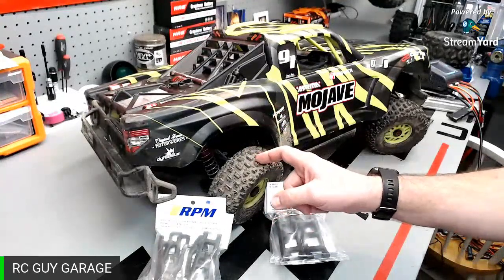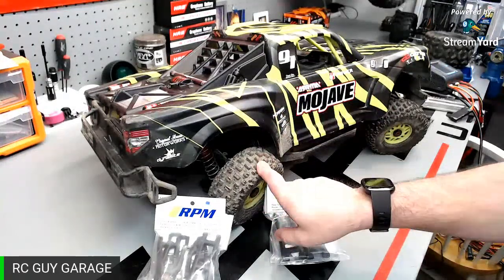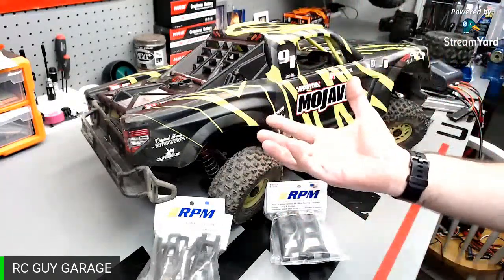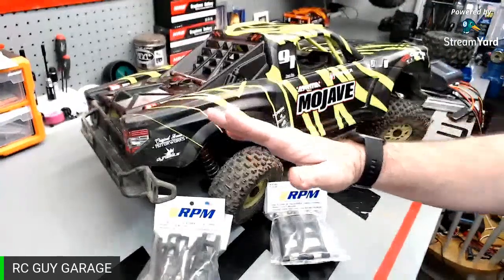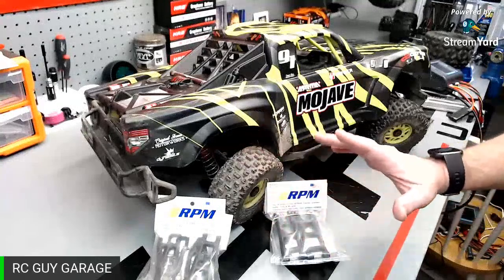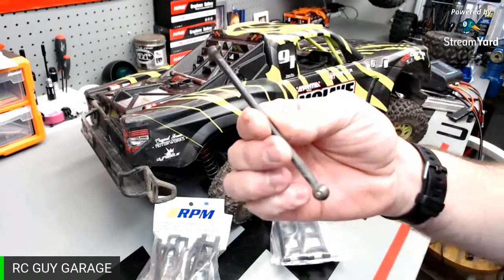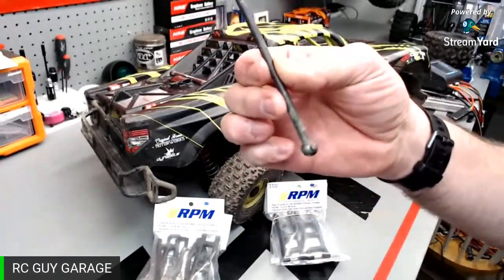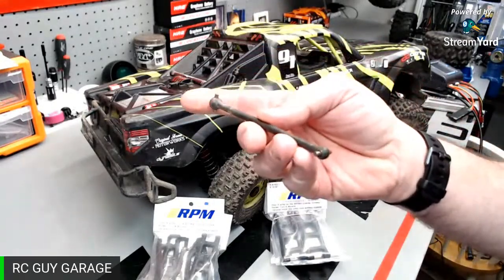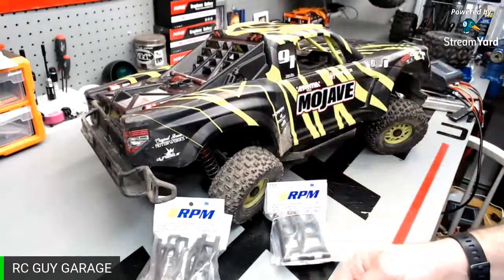I launched it off of my, I guess you want to say, dirt runway, and the way it flew through the air, it just contacted a downed tree that I had. There's a branch piece sticking out, and literally that wheel caught it and basically just ripped everything out. One of the things I was very surprised with was that this actually stayed intact, which is insane. But I figured what we'll do is, seeing that I'm breaking everything lately, might as well fix